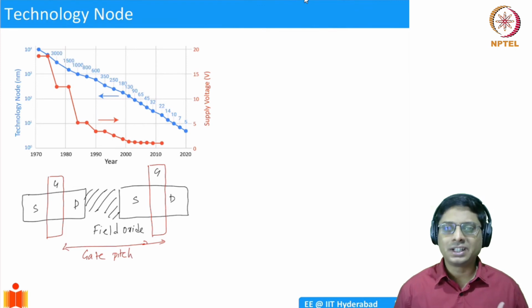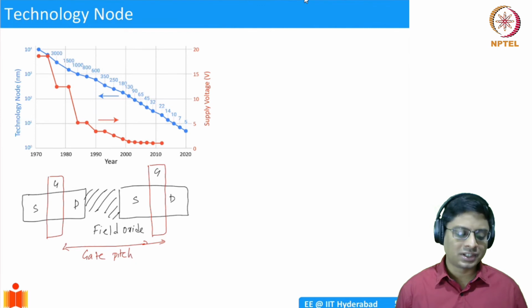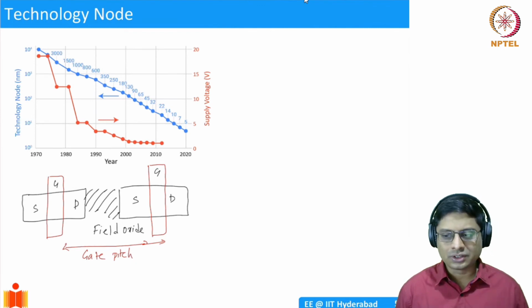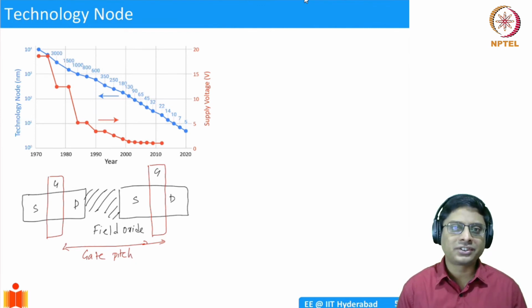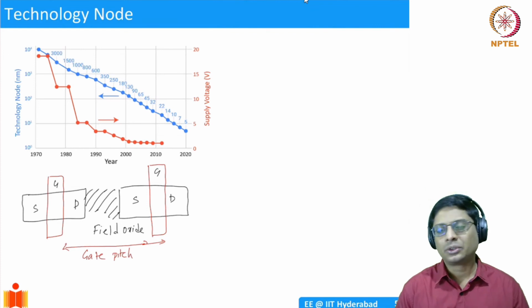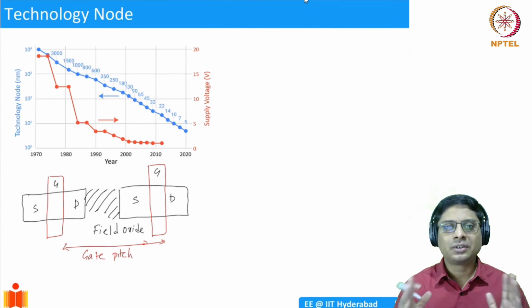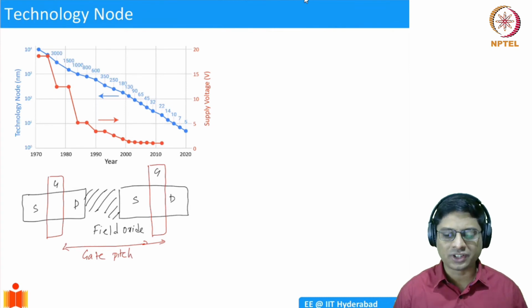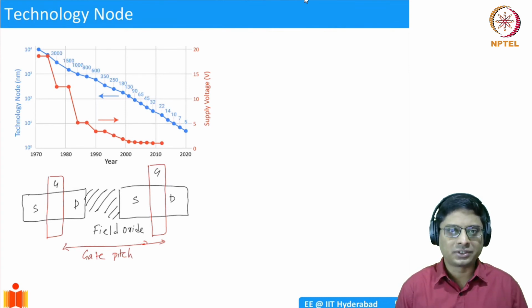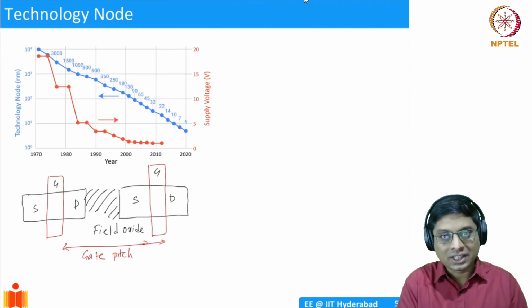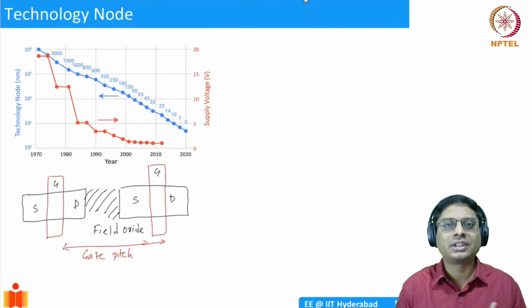Of course, I'm only giving a qualitative description. There's a more precise description of this, which we'll call half pitch of a DRAM cell. So DRAM memory is basically always the most aggressive form of scaling. So you have the memory chips which are scaled first. So they are the smallest devices we make. And if you look at the distance between two gates, that is the pitch, and half of that is called the technology node parameter.